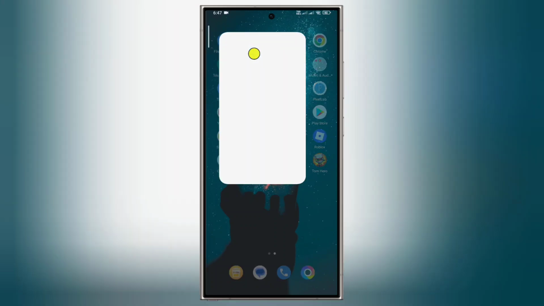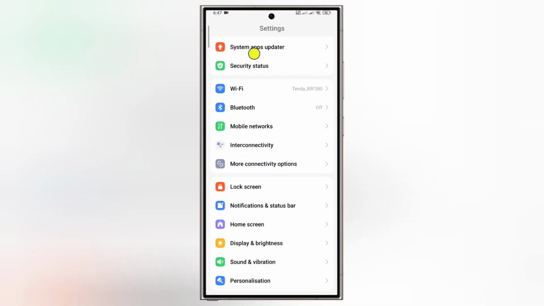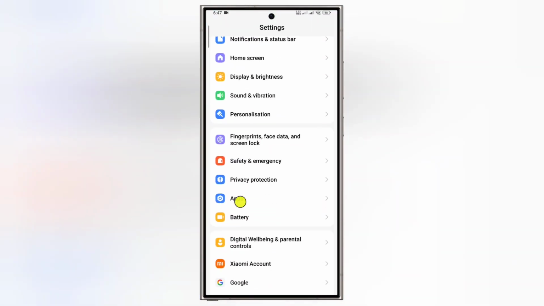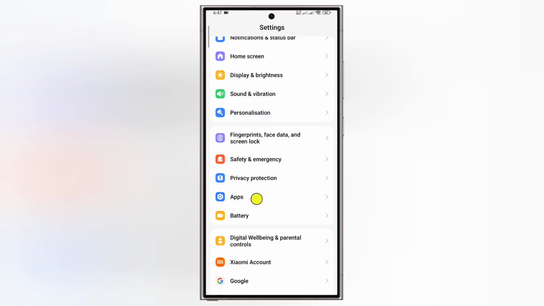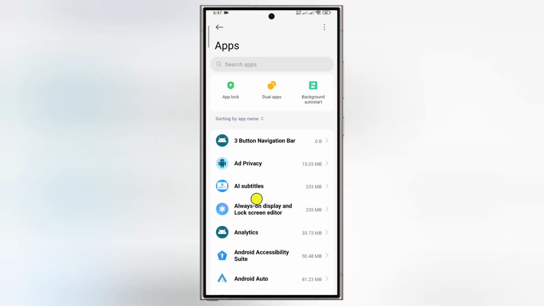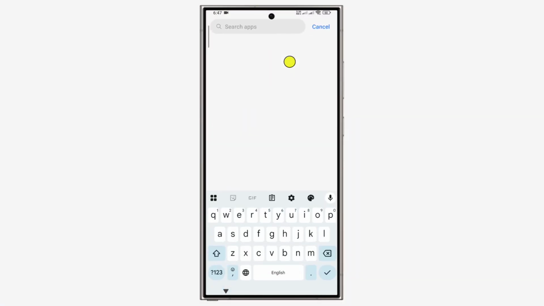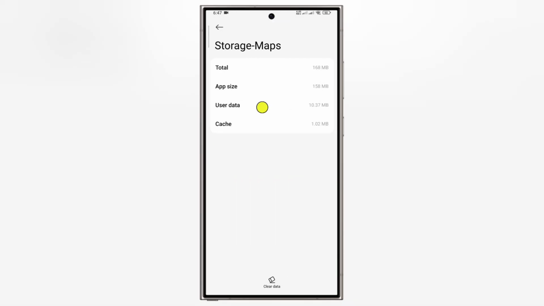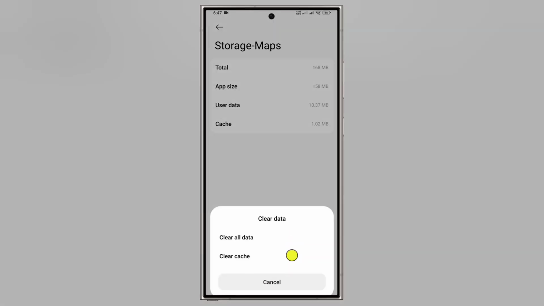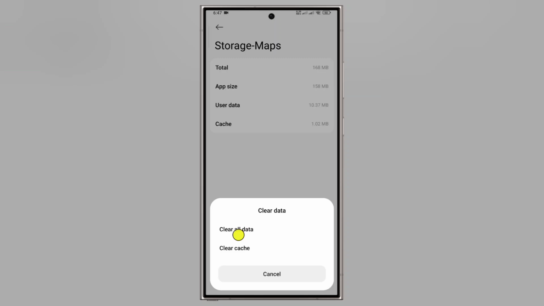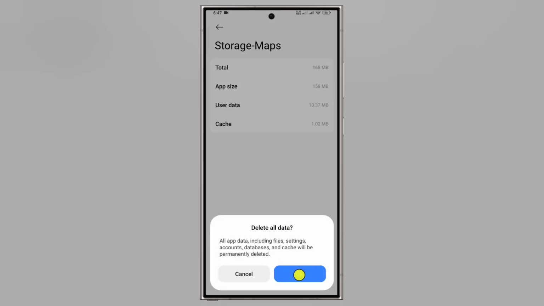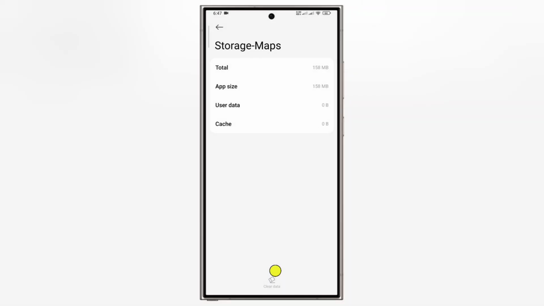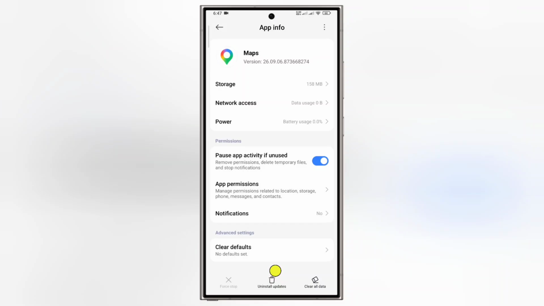Go to your settings and scroll down. Tap on apps and find Google Map. Tap on it and tap on storage. Tap on clear data. Clear all data, tap on OK and go back